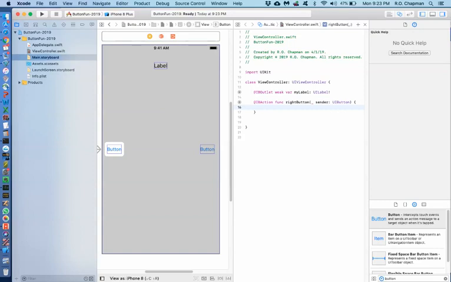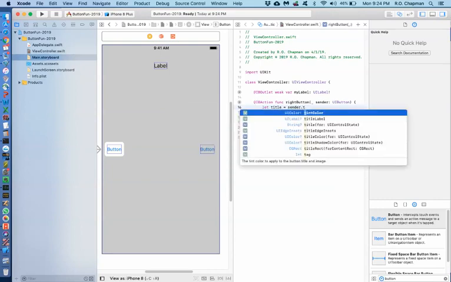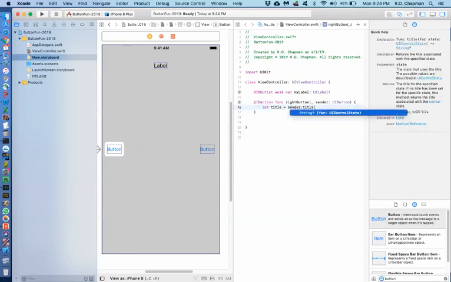Now you notice we have a sender argument here, and we're going to use that to figure out which button we're going to use. So I don't expect you to understand all this syntax at this point because we haven't really talked about Swift, but we're going to let this title be a string. It's implicitly typed because we're going to call it sender.title, and